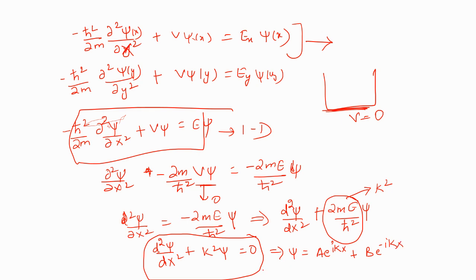This part you can read from mathematical physics. In mathematical physics, when the differential equation chapter was there, in that chapter there was one question, how to solve the differential equation of this particular kind. Now I got psi as A e raised to the power iota kx plus B e raised to the power minus iota kx. So can I write e raised to the power iota kx is equal to cos kx plus iota sin kx,